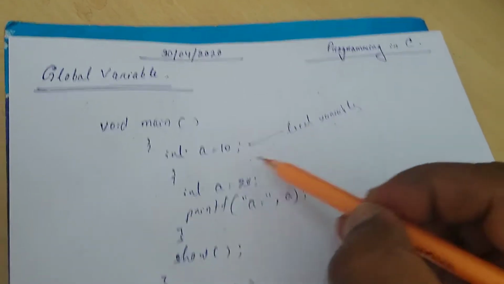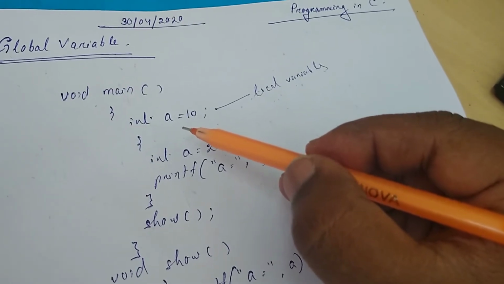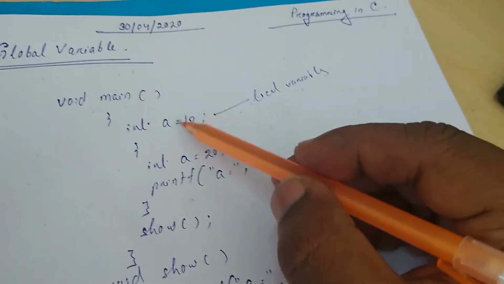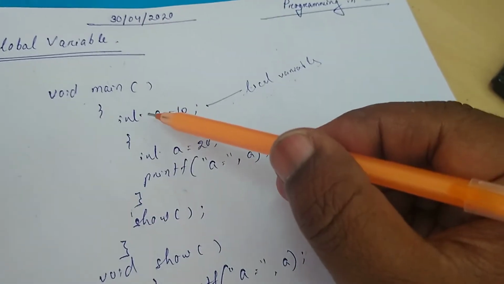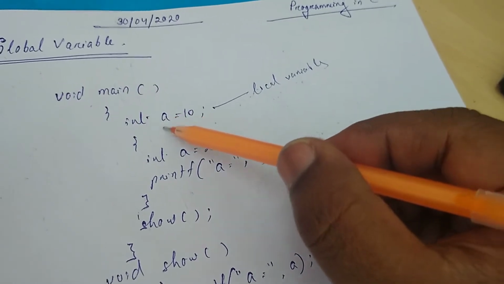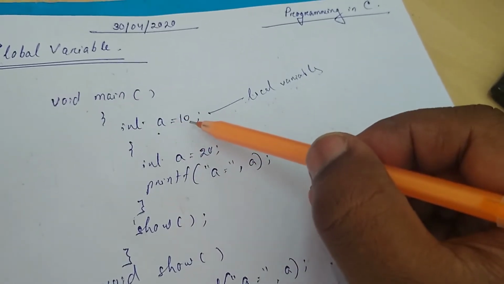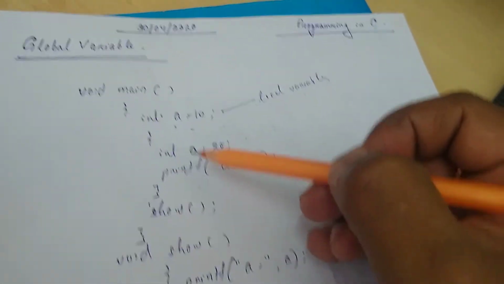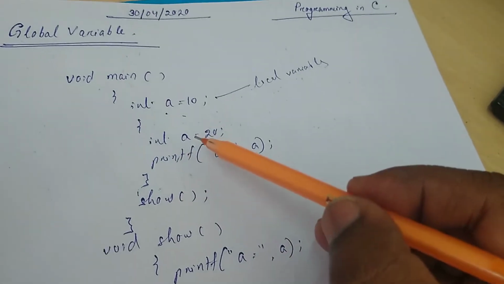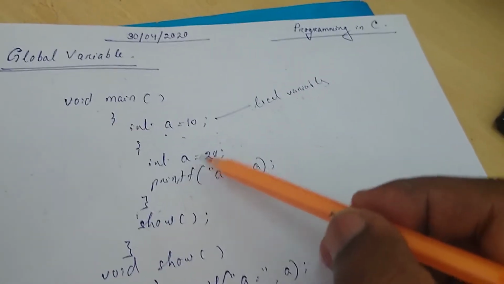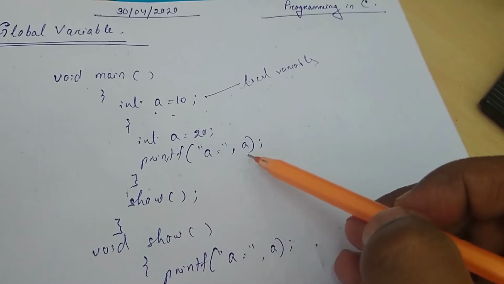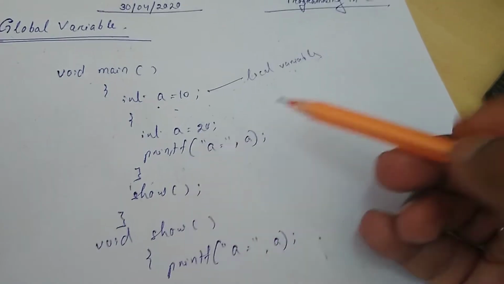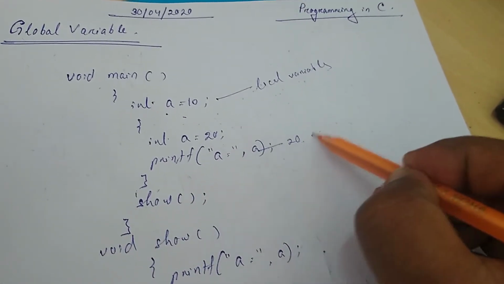and you know that the scope of the local variable is within the block or method or the constructor where it is declared. Now here it is inside the function. So inside this function the a variable is a local variable which is assigned with value 10. If it is not assigned, then it will take the garbage value. And here inside this block, this a again is a local variable which is having value 20. So when you print the value of a, the value of a which is local to this block will be printed. That means here the value will be 20.